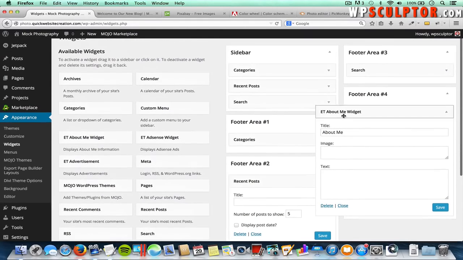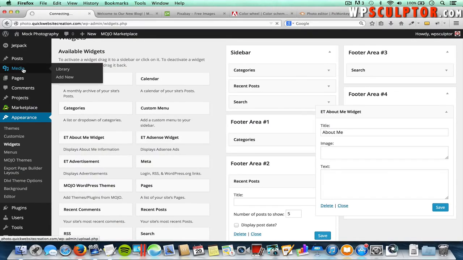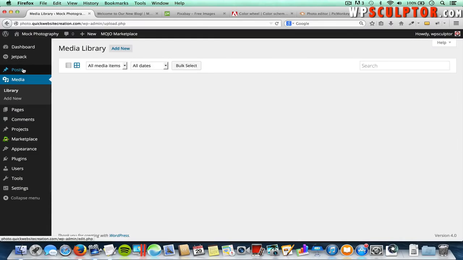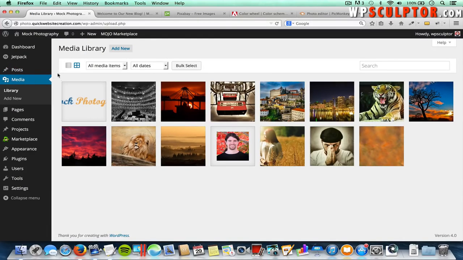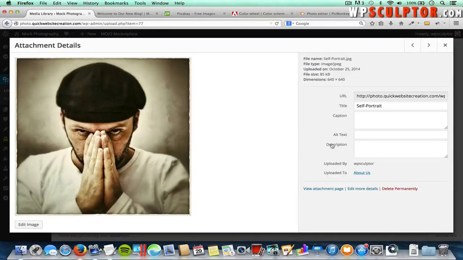So to do that, let's go back. What we're going to do is go to our media library, so come over to the left and click on Media. You can just click on the Media tab right there, and if you wanted to add a new image, you could just click on this Add New and upload the image like we've been doing. Now in this case I'm going to use an image we already have uploaded to our library, which is this picture right here, so I'm just going to click on that picture, and that's going to open it up, and the URL is right here, so I'm just going to copy this entire URL,